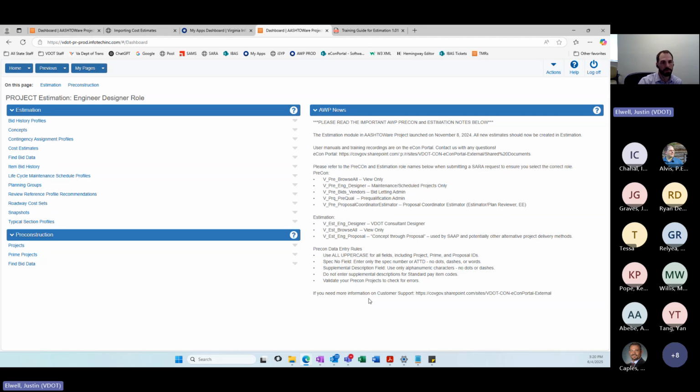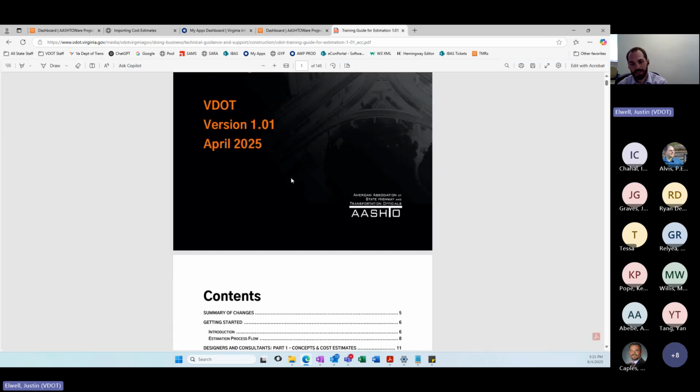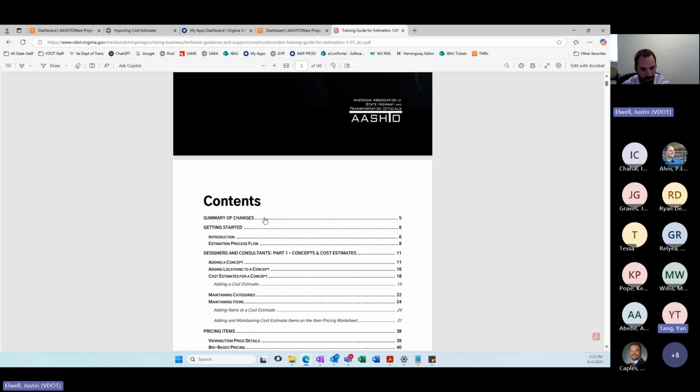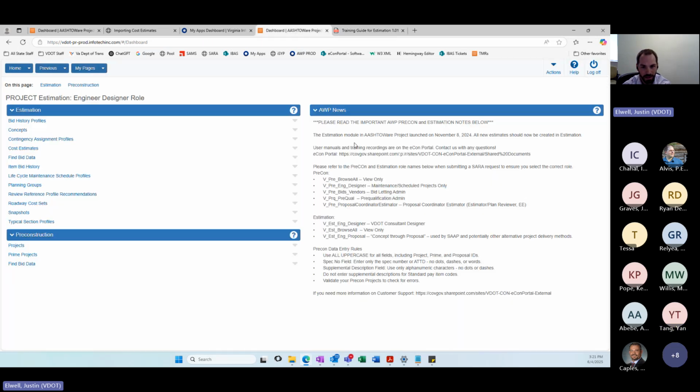You start with a concept, you add a cost estimate, transition to a project, and hand it over to central office from there. But that's a 10,000-foot view of everything. The guide will walk you through much more detail and help you get acclimated with the new process.